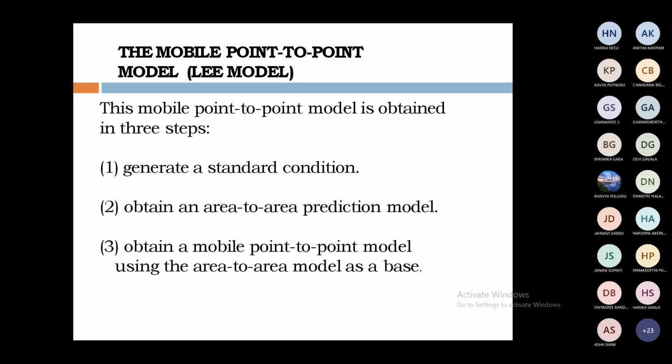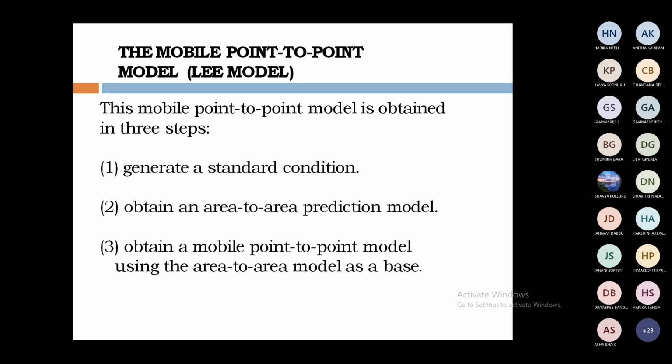Here, why is it called the point-to-point model? Nothing but we have to calculate path loss based upon the different points in a geographical area. We have to calculate what the signal strength is at different points. That is, we have to fix one base station in one place and check the signal strength at the different locations in a coverage area. That's why we are going for the mobile point-to-point model.